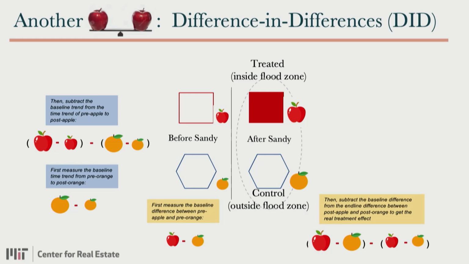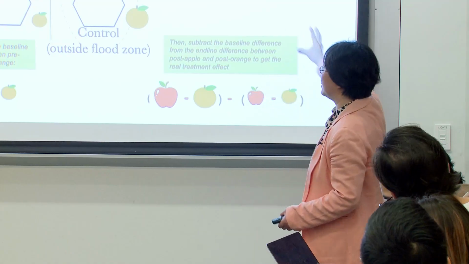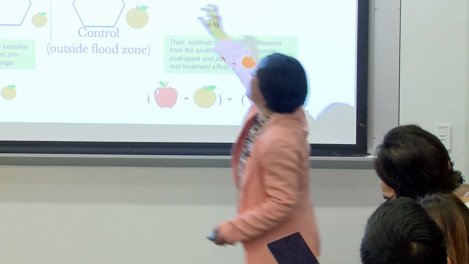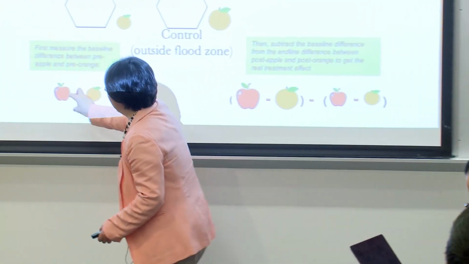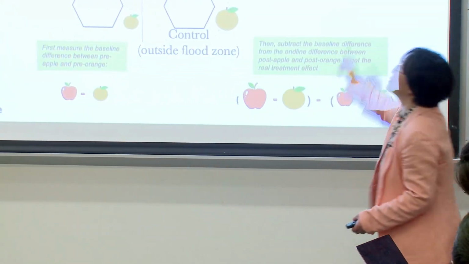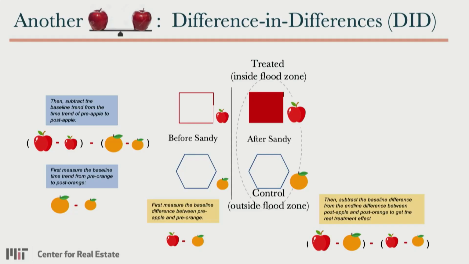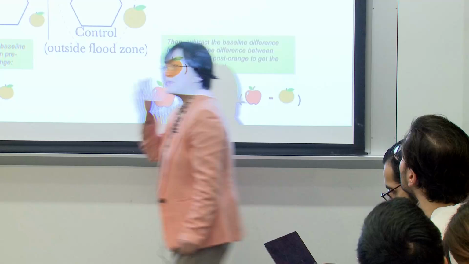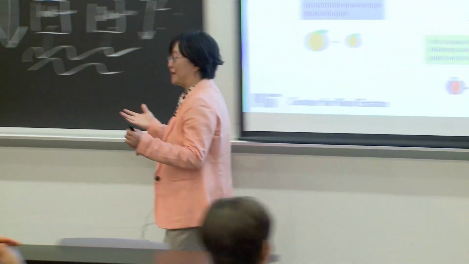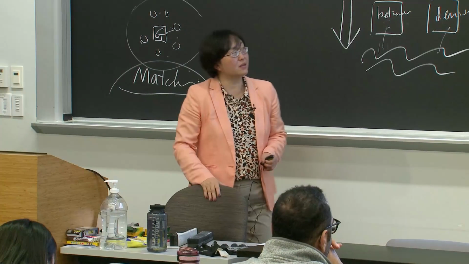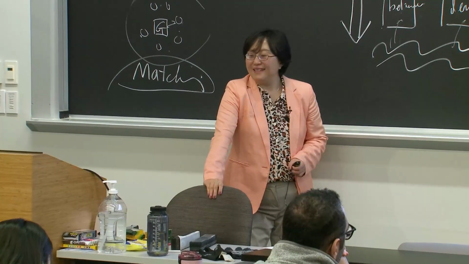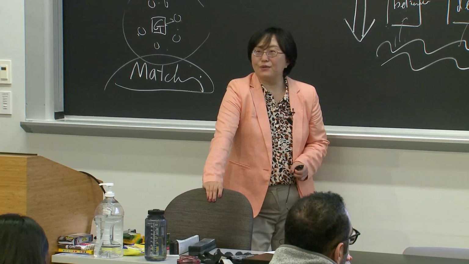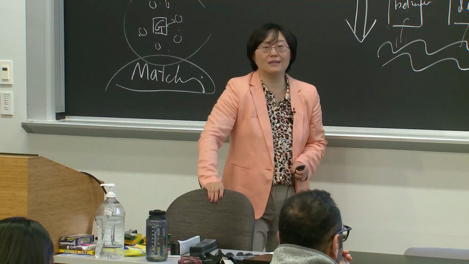So either way is fine, but you understand that you have 4 cells, and you first get some difference, then subtract. That's why I call it difference in differences. This is a difference of two differences. So that's DID. It's very intuitive. Any questions here? I need to pause a little bit, or you fully comprehend. It's not that easy.